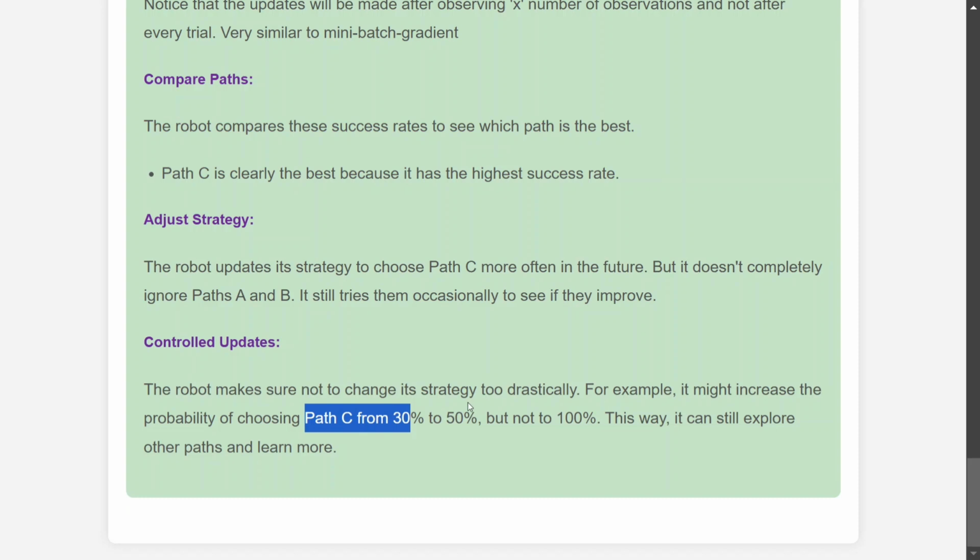What it does, it takes a policy, it goes through a batch of observations. Using those observations, it then gets a gradient and then eventually updates the model. This is very similar to mini batch gradient descent, if you can remember. I'm not jumping much into it, as I've already covered a video on that. You can check that out. Now going back to the DeepSeek R1 paper.